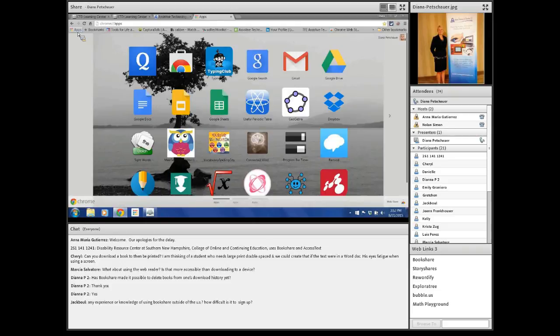You can see I have several downloaded. Yours doesn't look like this unless you downloaded the apps that I do. But you will always see this app or icon, which is the little beach ball in the beach bag. Some people call it a briefcase. And when I hover over it, it says Web Store. It would say Web Store underneath it as well. So when you click on Web Store,